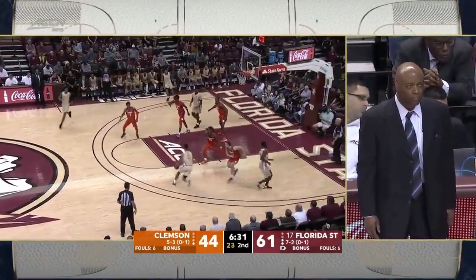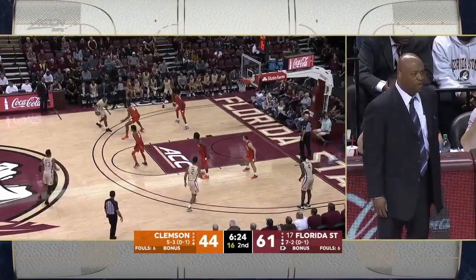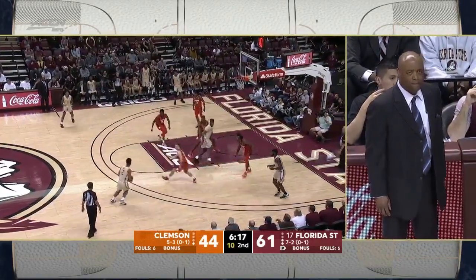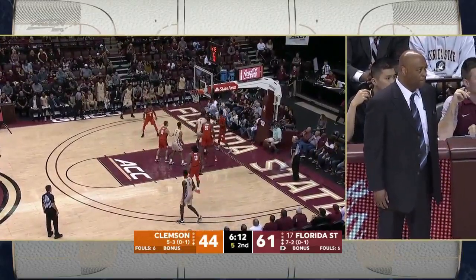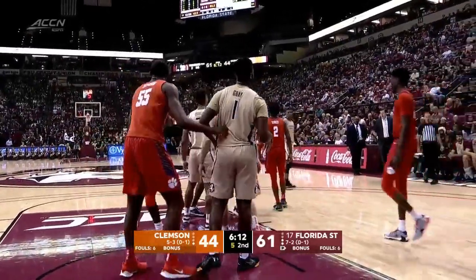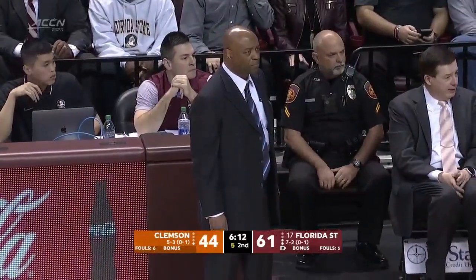Leonard Hamilton said he learned in Indiana that he needs to be willing to think a little bit outside the box. Is how he uses the rotation, how he doles out minutes, and I think he's done a masterful job of that here today. Well, they beat Florida, holding Florida to 28% from the floor. They beat Tennessee, holding them to 33%. They beat a really good Purdue team, holding them to 34%. And in the second half, Florida State's defense here against Clemson is holding them to 37%. That's the common denominator for Coach Hamilton,